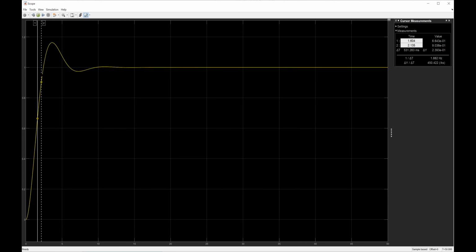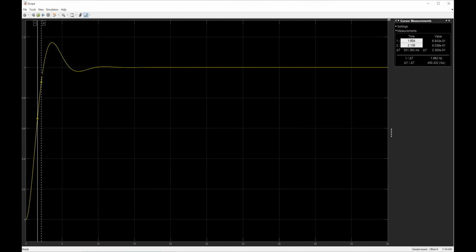So this is the rise time for this. The next question is, I want to find out what is the percentage overshoot. Let's do a simple cursor measurement. So what I want to do is find out the percentage overshoot. I'm going to go all the way up to over here, and you would notice that this is sort of the maximum value, and that value is